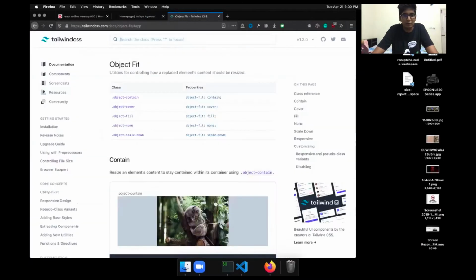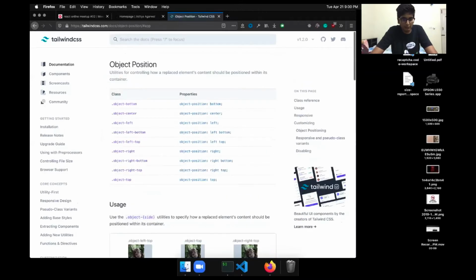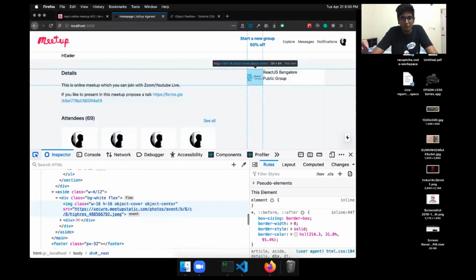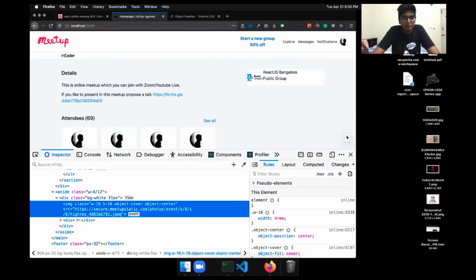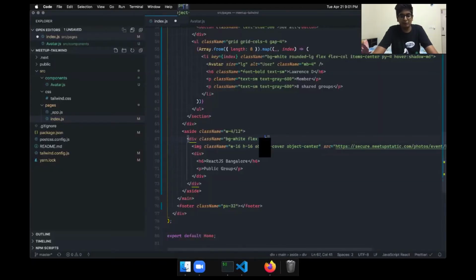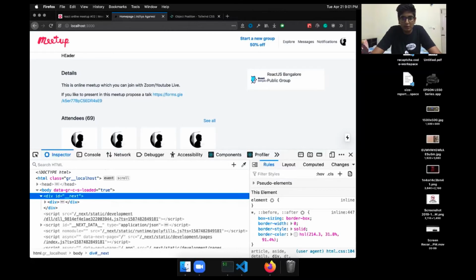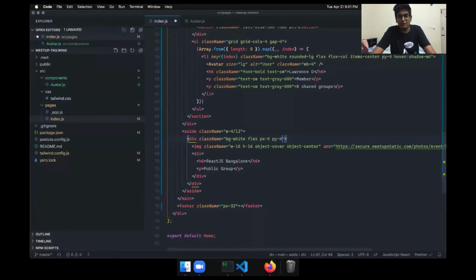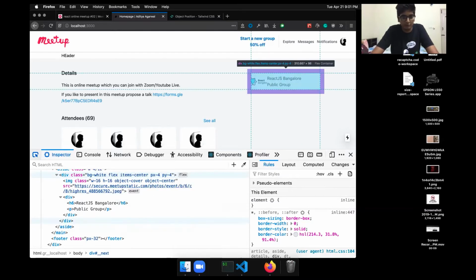Nice. And now we want to center like this. So object position, object center. So we have something similar to this. Now we want to give some padding. So px would be 4, py would be 2. I think in this case the py is also 4. Okay, and now we have this. So we have flex. So let's do items center. That is like my favorite part to do, items center and vertically align things.